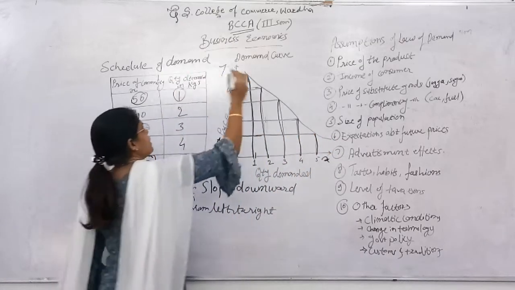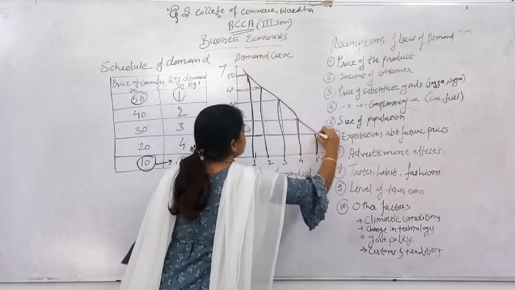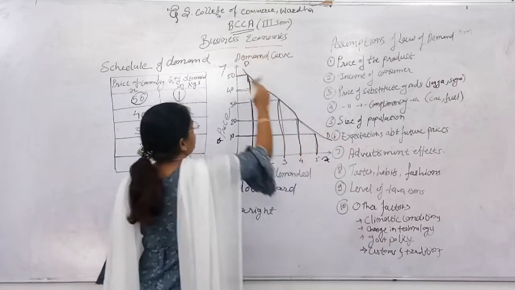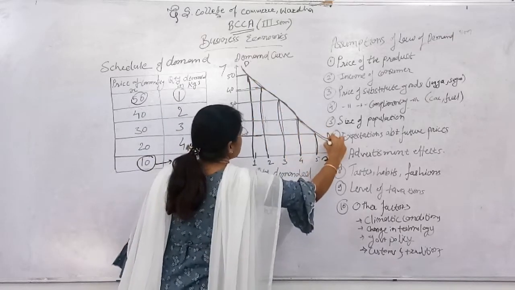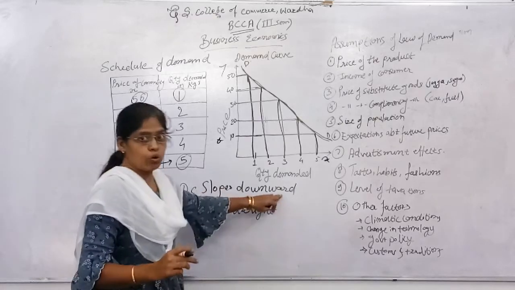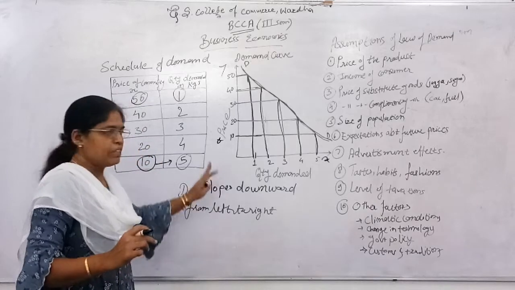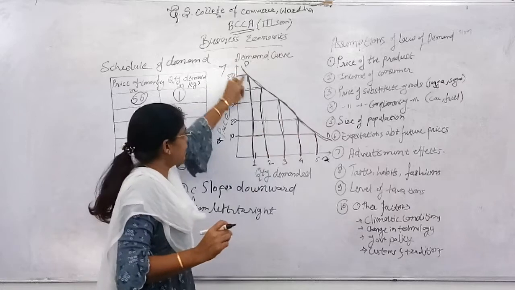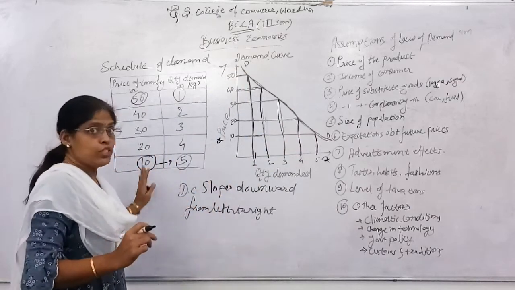So it is always said that this is mainly your demand curve. You have to concern yourself with this curve only. This is the demand curve. Okay. So this curve moves like this. In economic language, it is said the demand curve slopes downward from left to right. How does it slope? The demand curve slopes downward. See, it is going down. That is why it is downward from left to right. This is very simple, and this is very important.